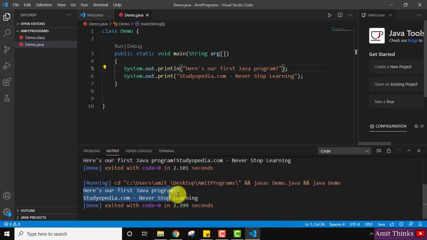Here you can see we successfully ran our Java program on Visual Studio Code. So guys, in this video we saw how we can run a newly written Java program on VS Code using the coding pack we downloaded from the official link. Herein you can see the class file also generated.